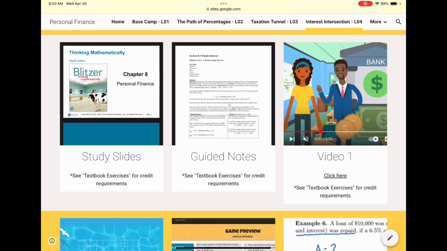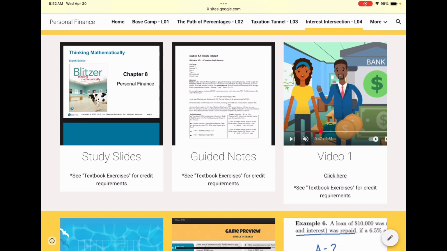The guided notes are more interactive, and I've seen quite a few students like that, especially if they've had a little more experience, or as we've been progressing through the formulas, they're more comfortable with that. But a lot of people just learn from watching videos, which totally makes sense. So they take their notes based on the video, or whatever works for them, and then turn that in for me to see. When they ask how much they have to write, I say enough for you to be able to understand it. That's all I'm looking for.